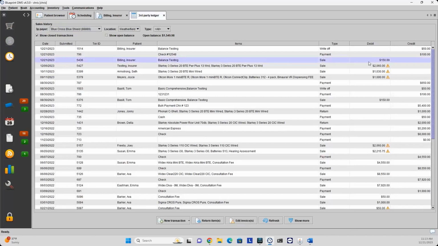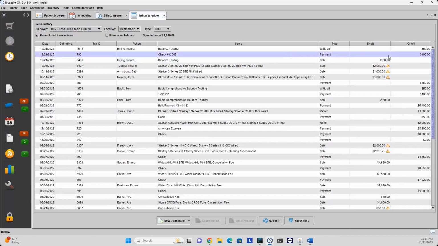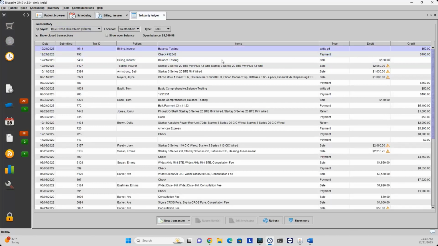Now you'll be able to see initially the invoice here, the amount that was allocated to the insurer there, the initial payment, and then the write-off here as well. I know that all three of these are here, as these were all three done on the same day here,